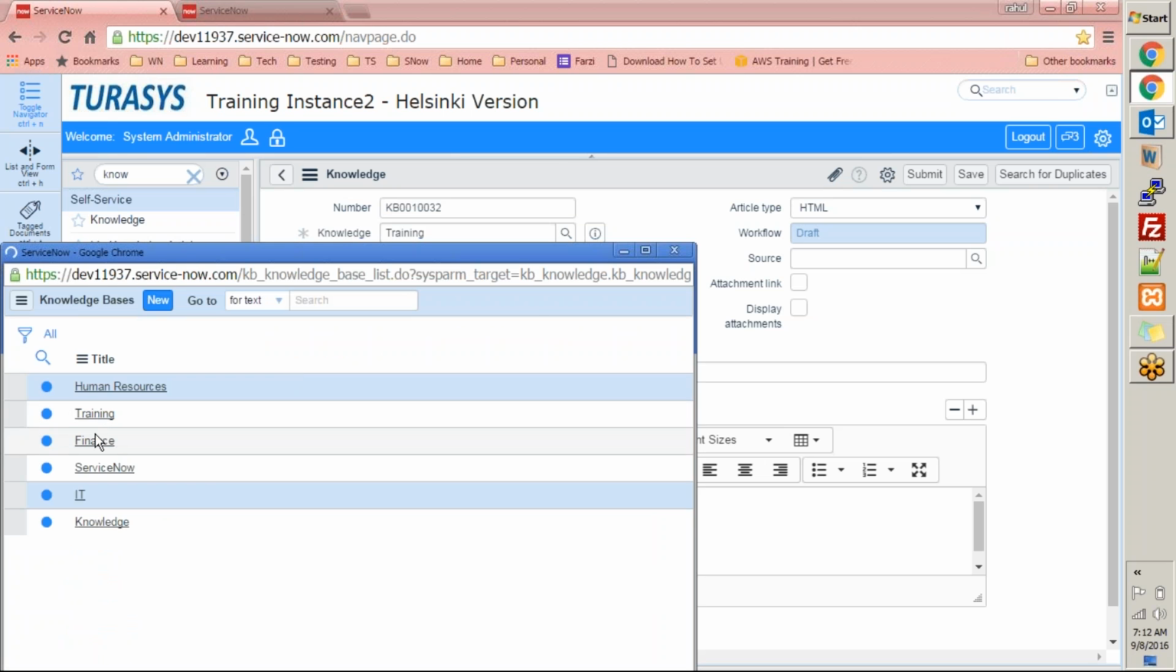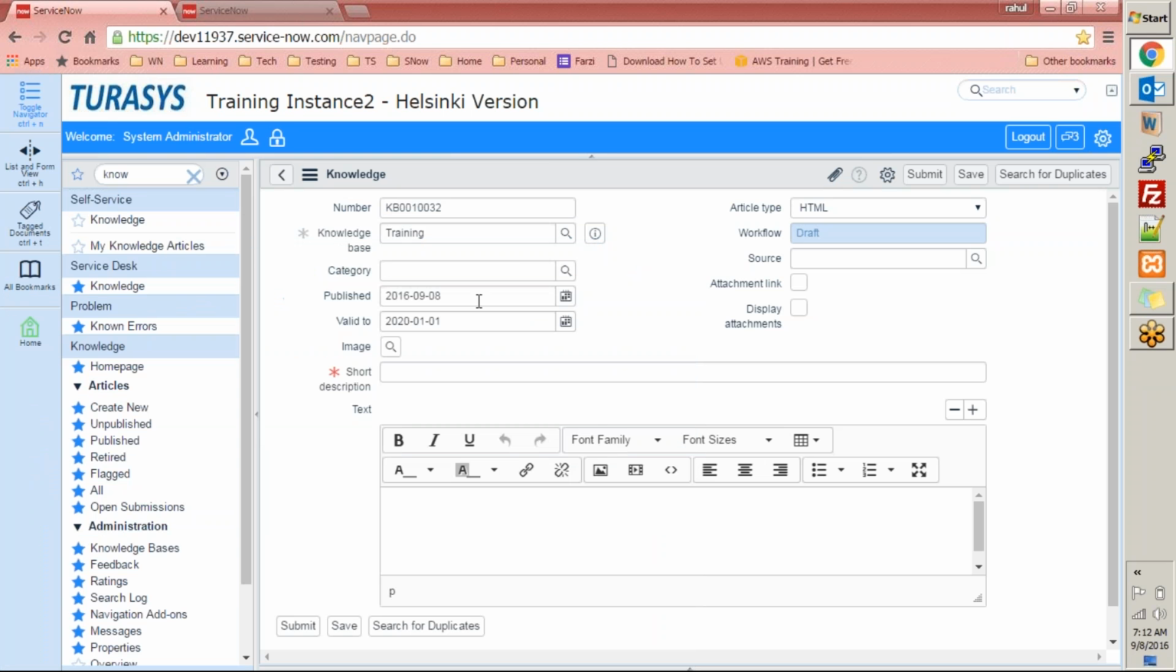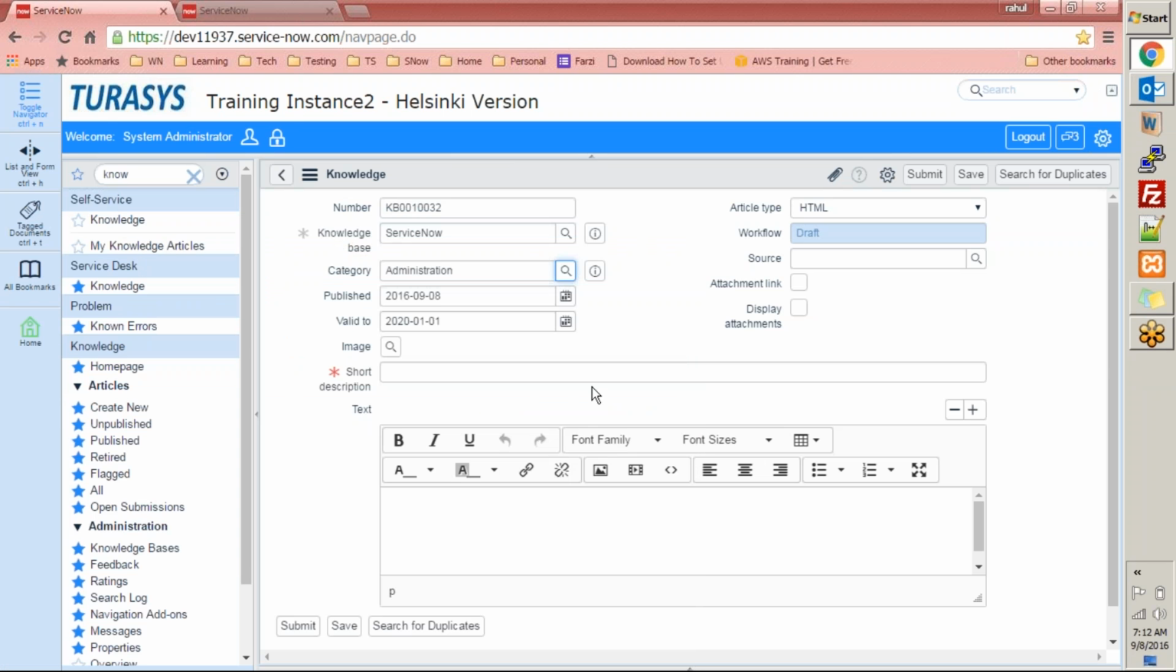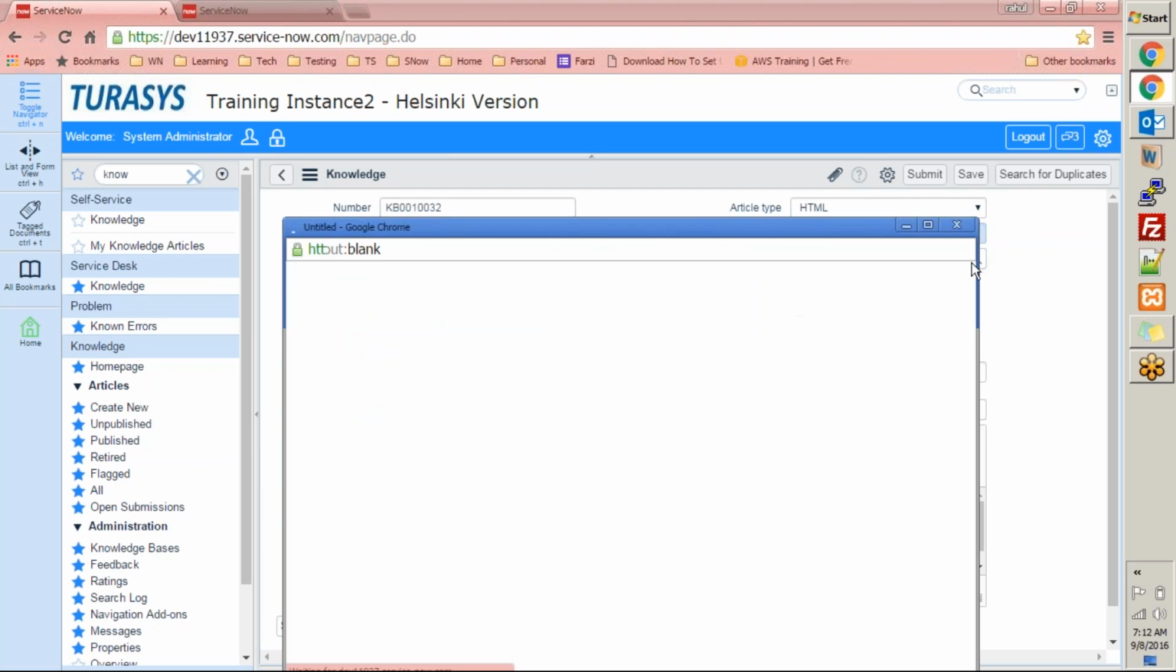So I'm going to ServiceNow and I'll keep the administration category for this example, right? And then publish date, valid to, etc. will be informed here. Source,